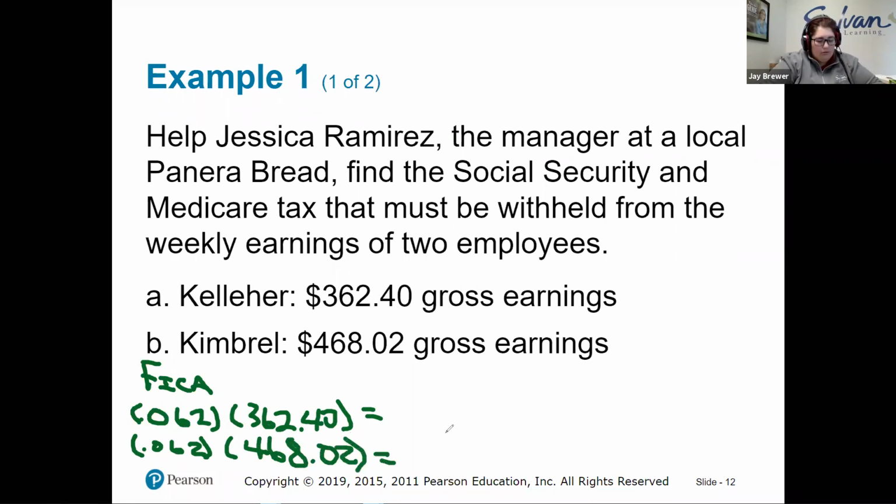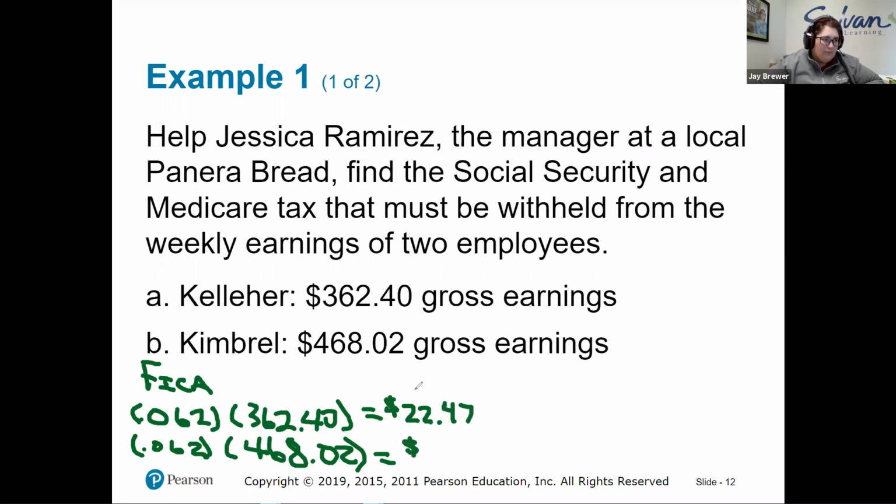Okay. Let's figure those out. And this is more of like where the majority of the people that I know are in. Okay, so the first one is going to get us $22.47 for the FICA,